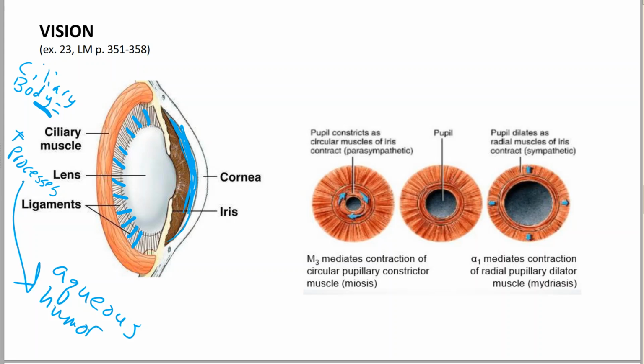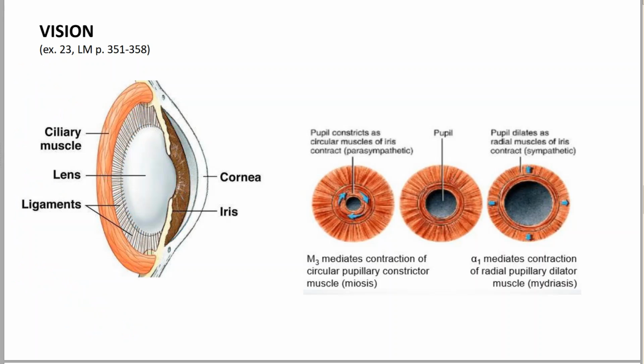All right, and then I just have included some pictures of the muscles of the iris because you have some questions about them. So I liked this picture. So you have two directions of muscle. You have a direct one that goes around circular, and then you have one that radiates out like spokes. So understand the different jobs that those muscles are doing and understand the different parts of your autonomic nervous system that might be